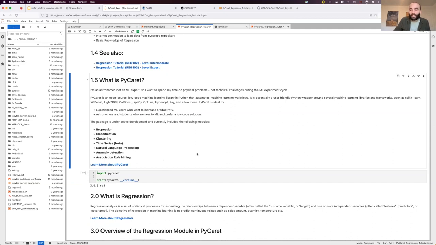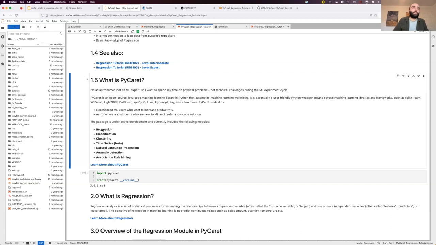I'm an astronomer. I like physics. I'm not a computer scientist. I like ML from a nerdy point of view, but I am not an ML expert, and the ML workflow is still a bit laborious for me. PyCaret packages up that entire workflow into what they call a low-code solution, where I can compare and contrast models on my data and go end-to-end, from data preparation right through to model selection, as well as providing really good logging, which helps with reproducibility.